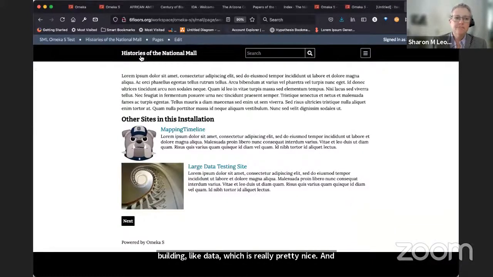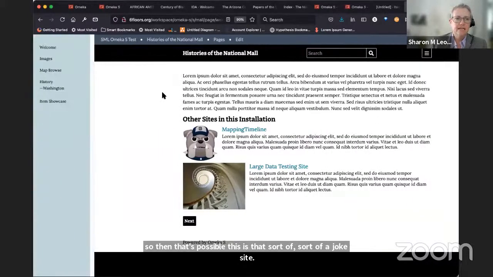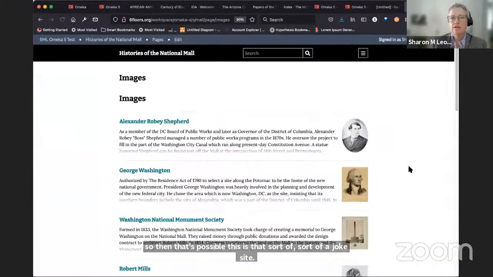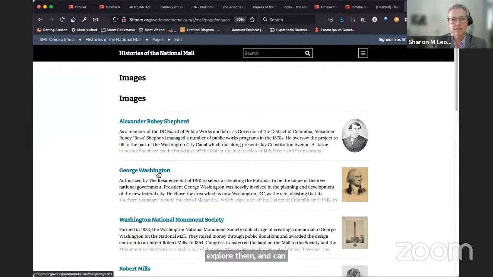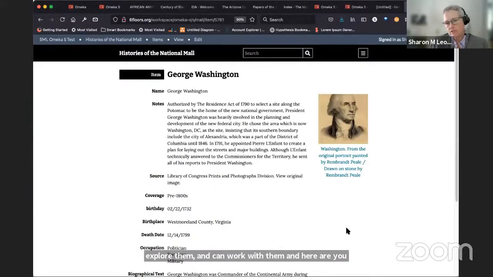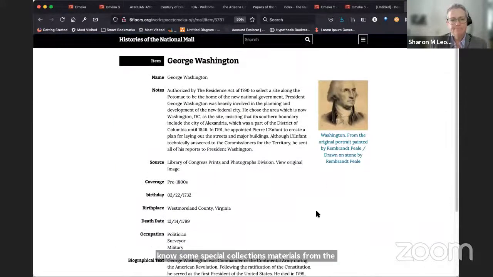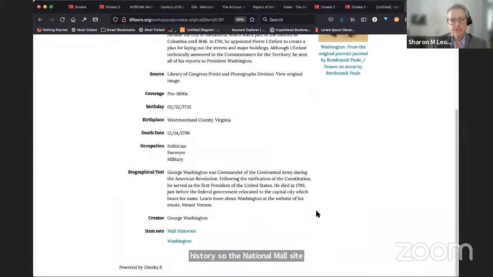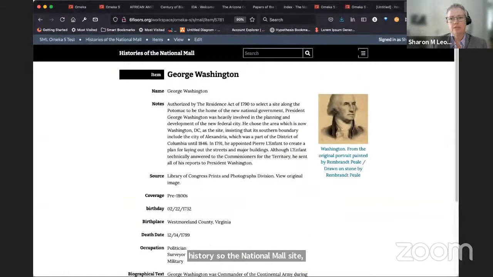And so then it gets possible, this is a sort of a junk testing site, to assemble those materials into a public site where users can explore them and can work with them. And here are some special collections materials from the Histories of the National Mall site, which is kind of a nice example of some of the things that can be done on the front end.